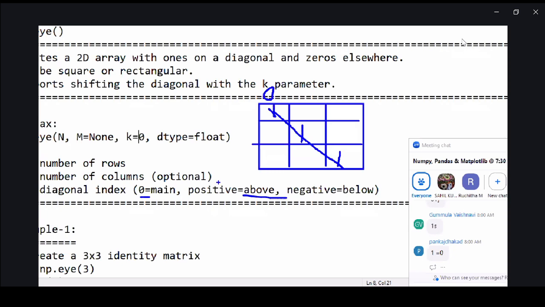Above. If the diagonal index is negative, then it is below. Suppose I give a positive diagonal index, like 1, then the main diagonal shifts from 0 to 1. So here it is filled with ones, and all the remaining are zeros. If I give the diagonal index as negative, like -1,